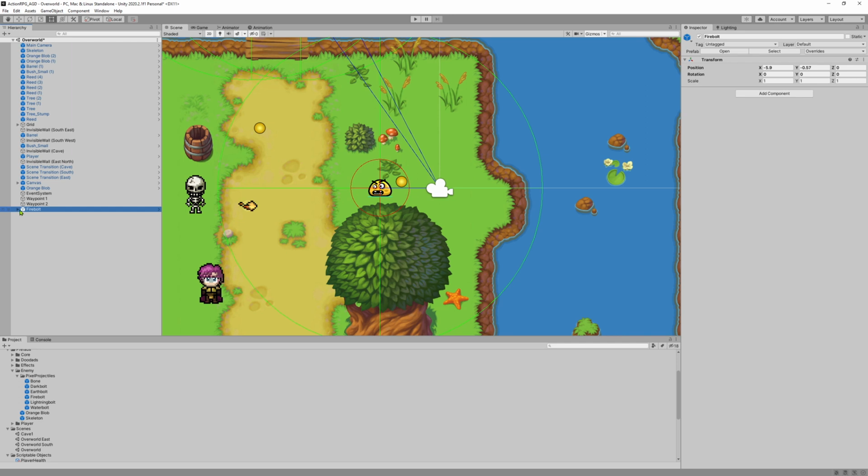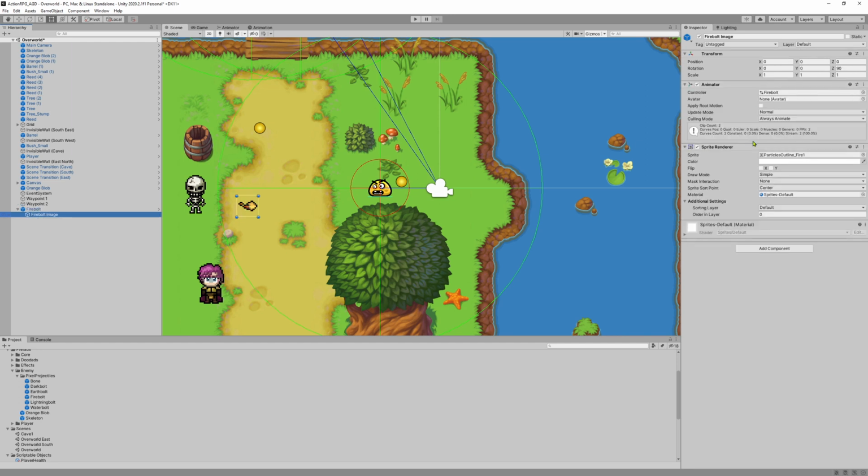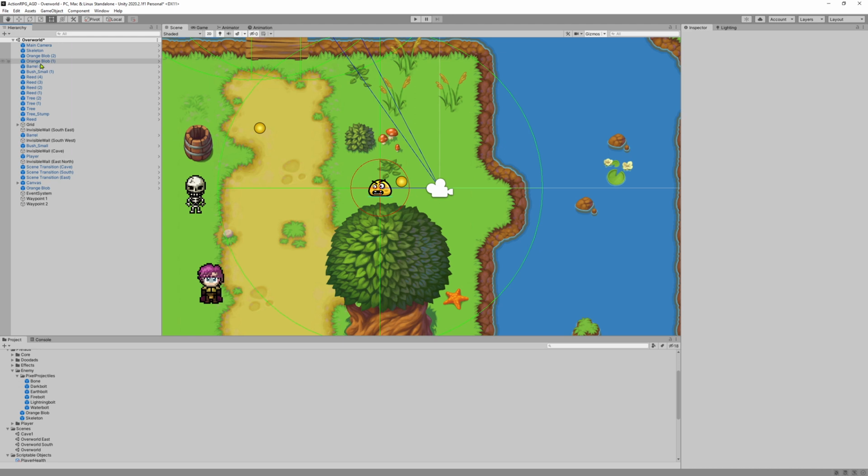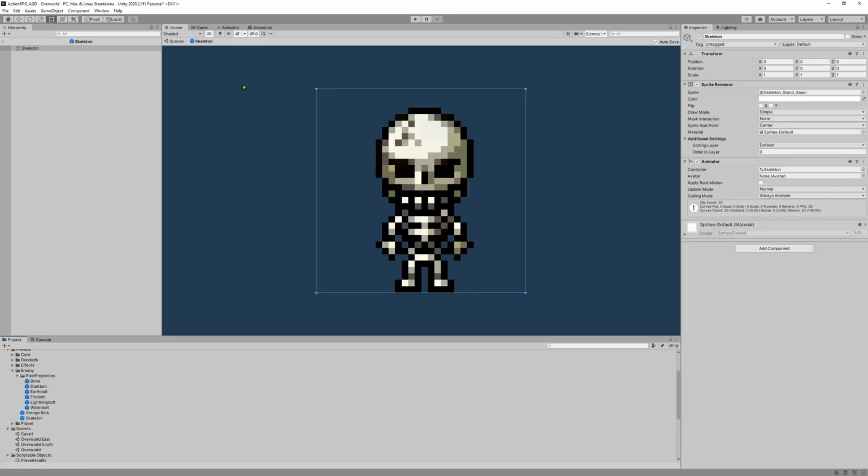The Firebolt and some of the ones like it are set up in an interesting way. The image is actually the child here, and that's because the sprite sheet actually had this facing in a different direction. So those are our tools, and let's begin getting the skeleton ready for being an enemy. If we open up the skeleton inside of the prefab editor, we can see our wonderful skeleton already